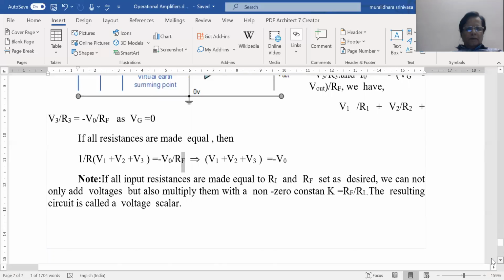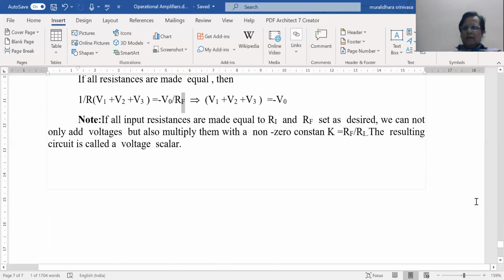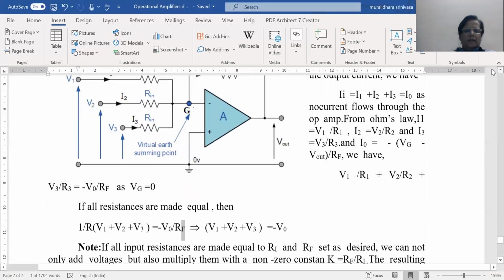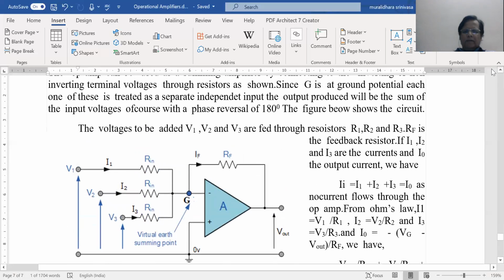Okay, so this completes the discussion of three of the op-amp circuits: the inverting amplifier, the non-inverting amplifier, and the summer. In the next session, we can go for the integrator and differentiator. Although the integrator and differentiator appear to be different from the summing amplifiers and inverting and non-inverting amplifiers that we have seen, even they are linear